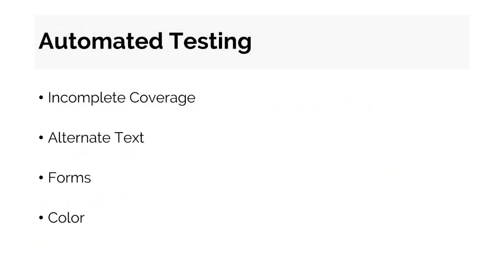Automatic testing, it's quick, it's good, and not all the errors need a human eye to look at them. It can help us review hundreds of pages at the same time. On the other hand, it's incomplete. We cannot always rely on automatic testing. It can tell us if the image has alternate text or not, but it cannot tell us if the text was appropriate. In that case, we will always need to exercise our human judgment. For example, if we need to check the color contrast, then automatic testing is a great way. We can use the tools and they can recommend what colors to use and if the contrast ratio is good or not.